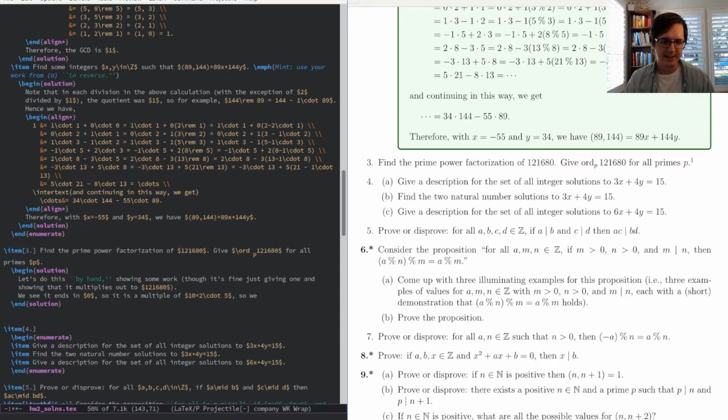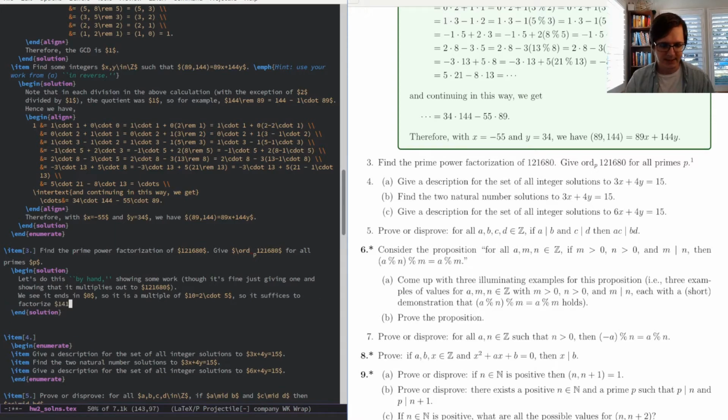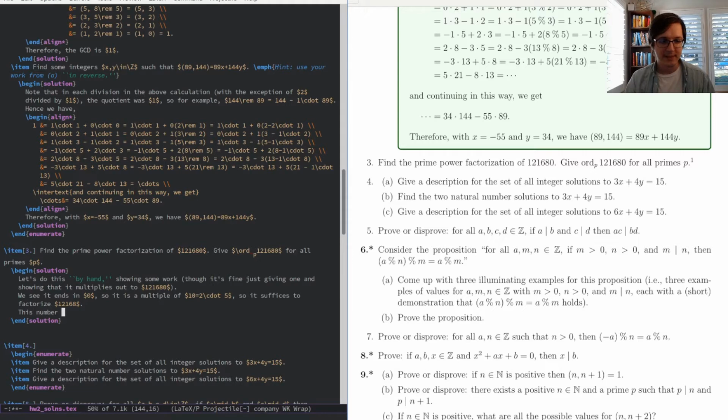So we only need to prime factorize 12,168. This number is even, so it's a multiple of 2, and so dividing by 2, we get,